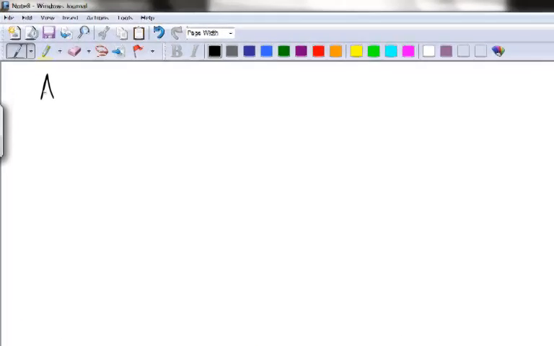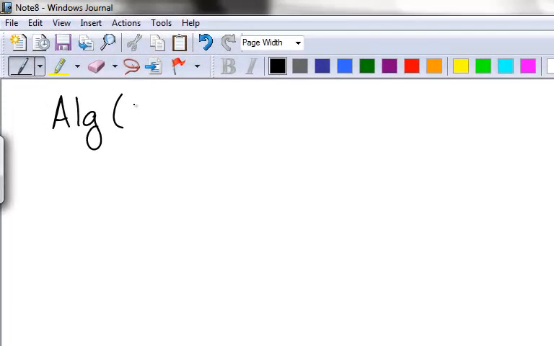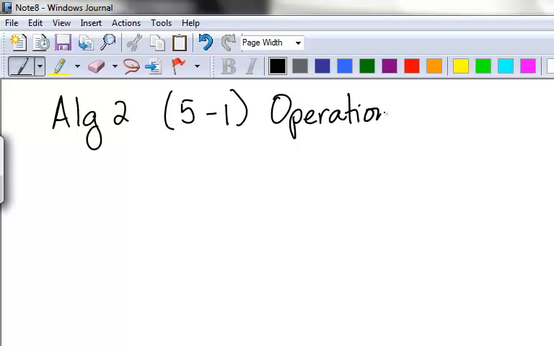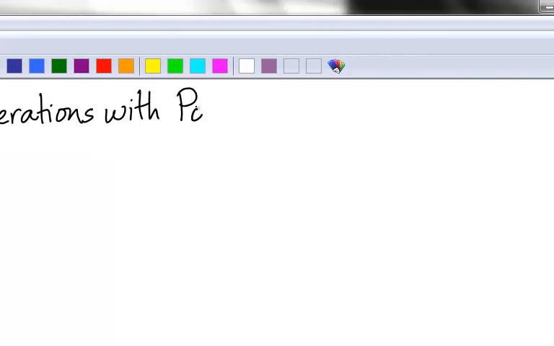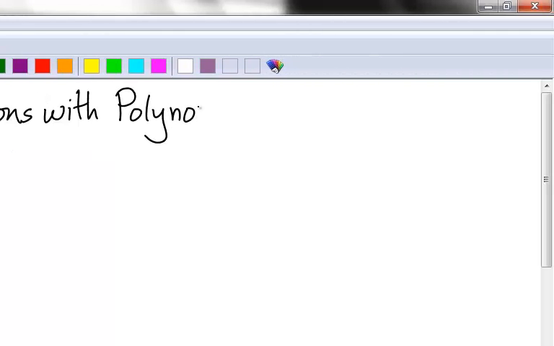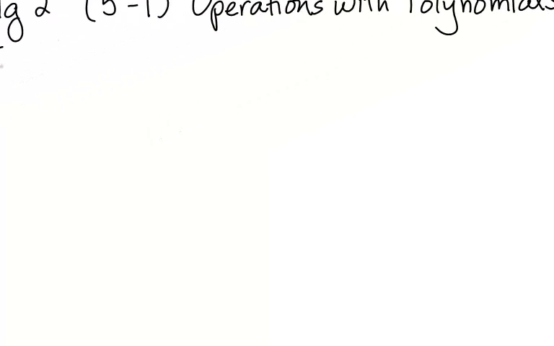Okay, so this will go in your notes for section 5.1, and operations with polynomials, and I think you'll find a lot of this is some review of your Algebra 1. And like I said, this will be good for any of you that are thinking about that ACT test to go back and review. First, they define to simplify